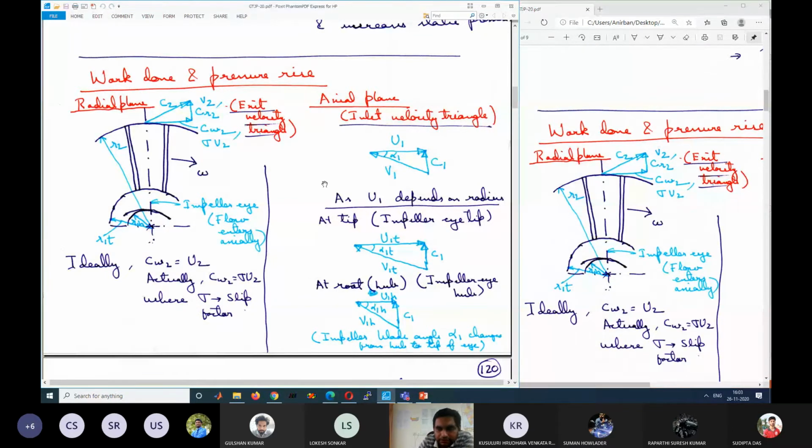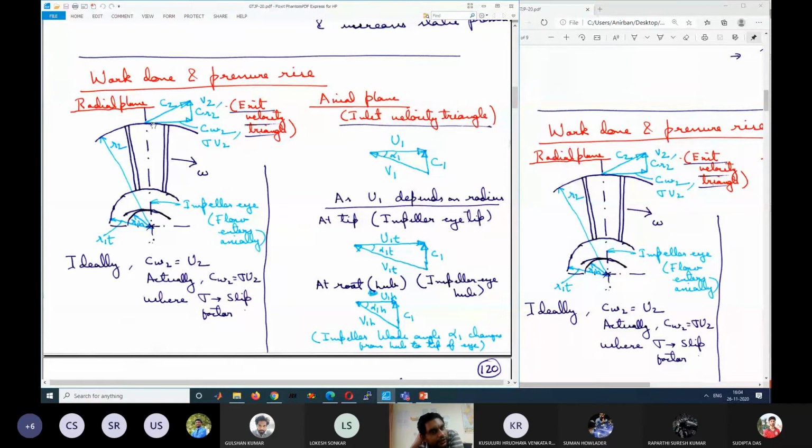What did you not understand? The wheel component, sir. In the first diagram you were saying that if C1 is perpendicular, then how is the wheel component 0? That I don't understand. No, what is the wheel component? Do you understand what the wheel component is? In which direction is the wheel component?